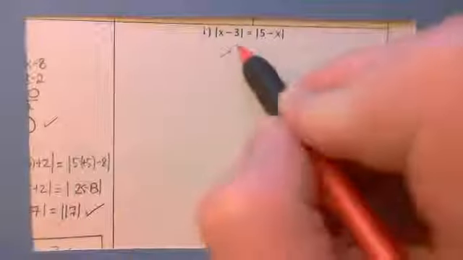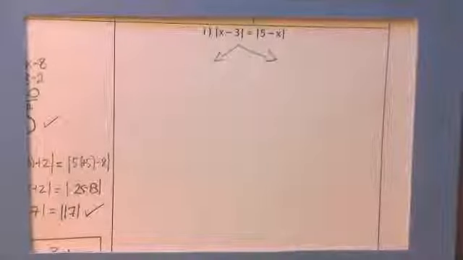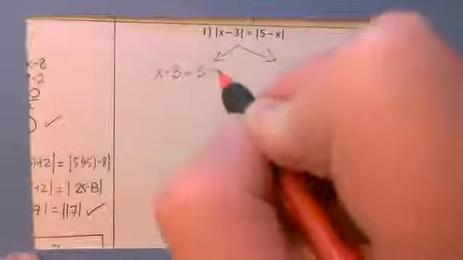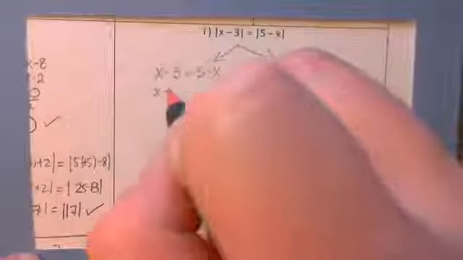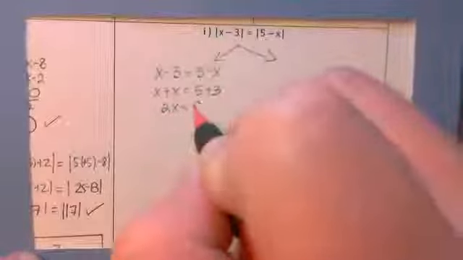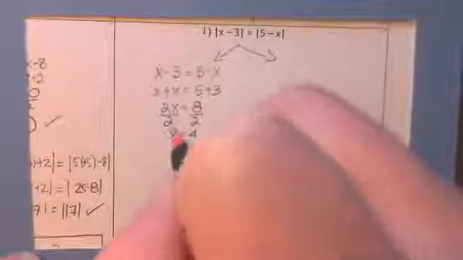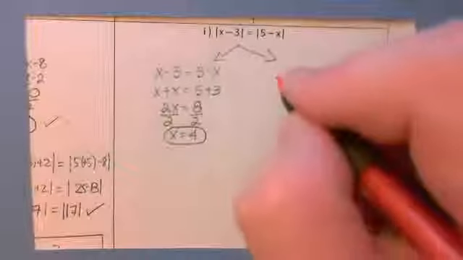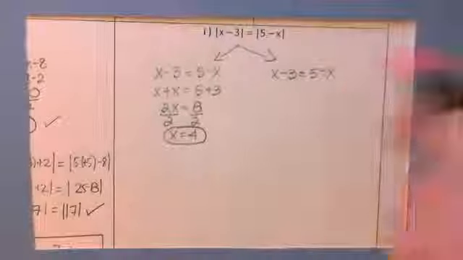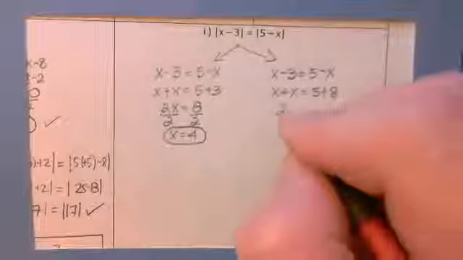Alright, so let's go ahead and do the same thing here. The absolute value is by itself, so we're going to go ahead and split it. So this would be x minus 3 equals 5 minus x. If we solve this, this would be x plus x equals 5 plus 3. This would be 2x equals 8. Divide both sides by 2. x equals 4. This would be x minus 3 equals 5 minus x. So this would be x plus x equals 5 plus 8. This would be